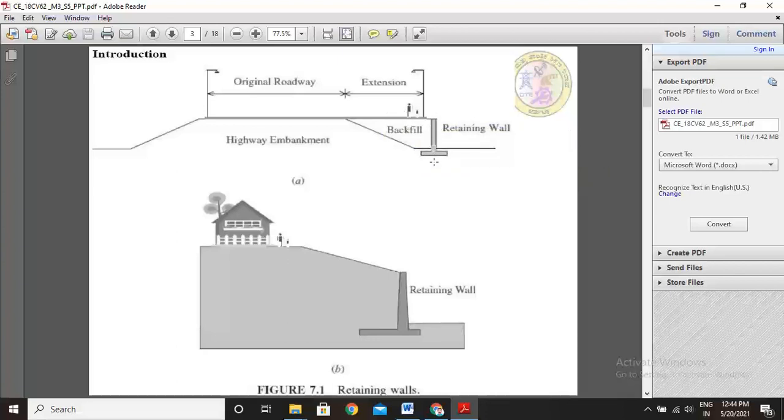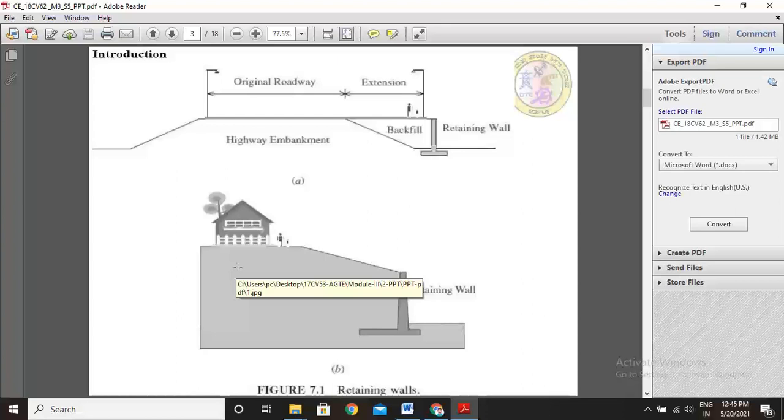We are constructing retaining walls to protect the backfills. On one side it is shown here, and this side is also shown. Okay, and see, this is figure B with respect to retaining walls. This is the retaining wall, and this side is backfill. This is the ground surface. On top of the surface, houses are constructed. Okay, now see, this is a good example of